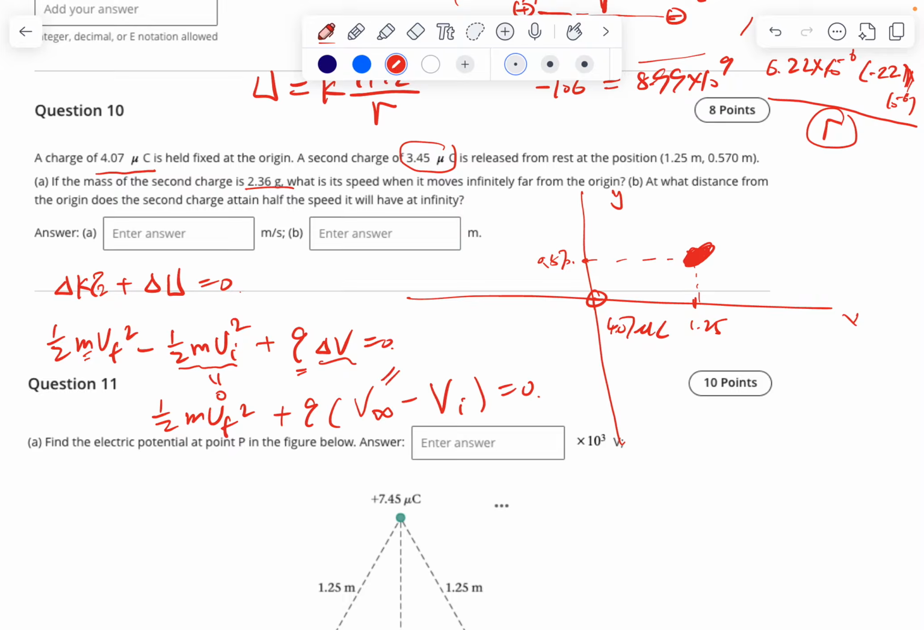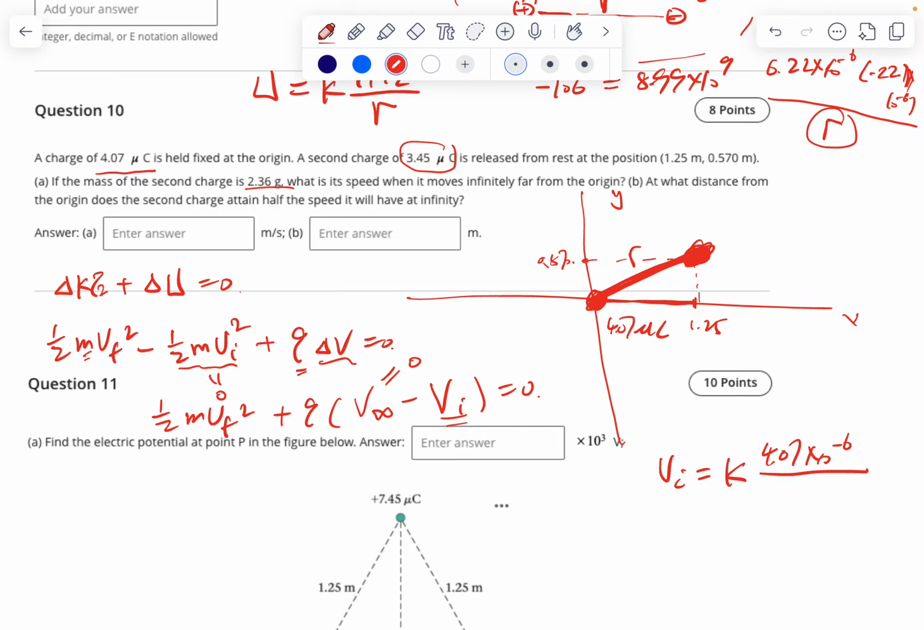We know the potential at infinity far due to this charge. The first charge is 0. And what's the potential due to the 4.07 microcoulomb charge at this location? Vi equals K times 4.07 times 10 to the negative 6 over the distance, right? So the distance here, R, right? R equals, you see, this is basically a,